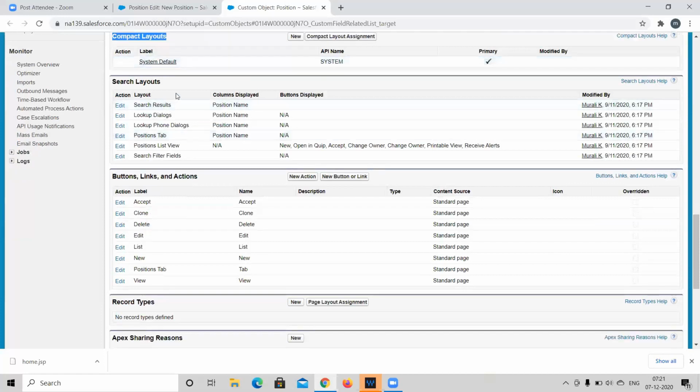And the search layouts. Search layouts are used to display selected fields in different areas like search results, lookup dialogs, lookup phone dialogs, and everything. Okay, I'll explain this when we create records and lookup relationships and everything. And these button link actions are nothing but the buttons that we have in